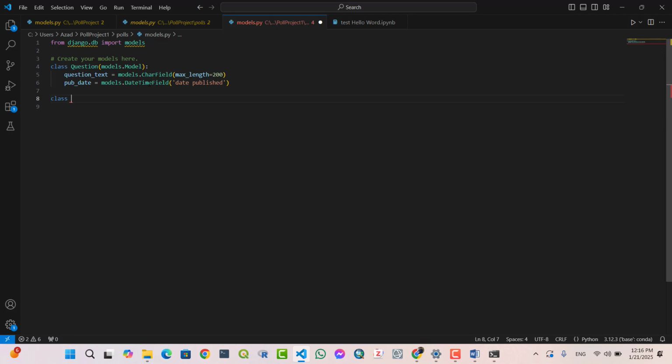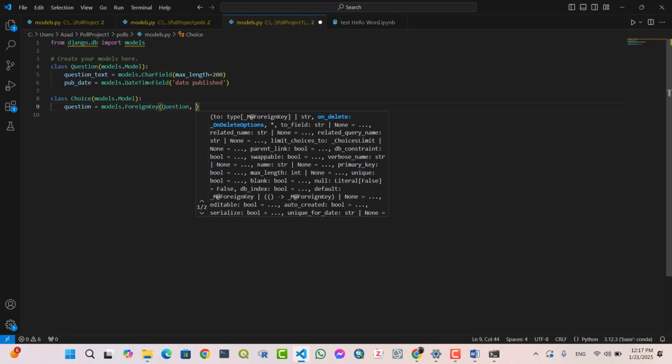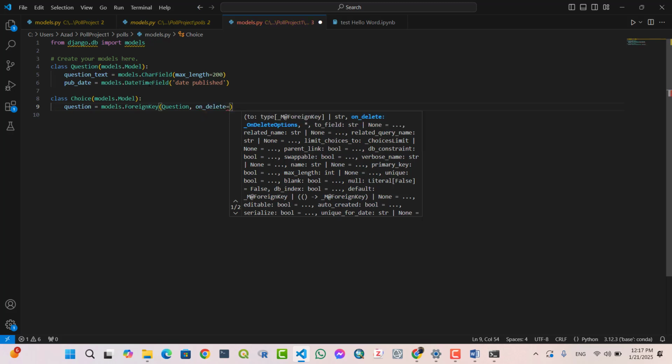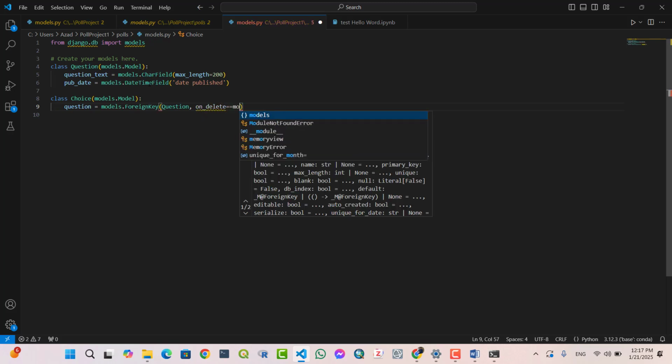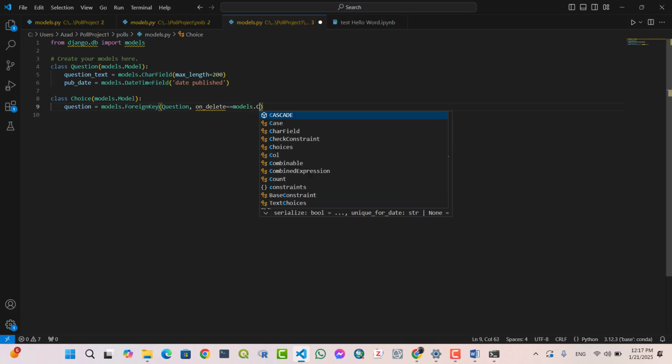Class Choice, models.Model, question equal models.ForeignKey, Question, on_delete equal models.CASCADE,